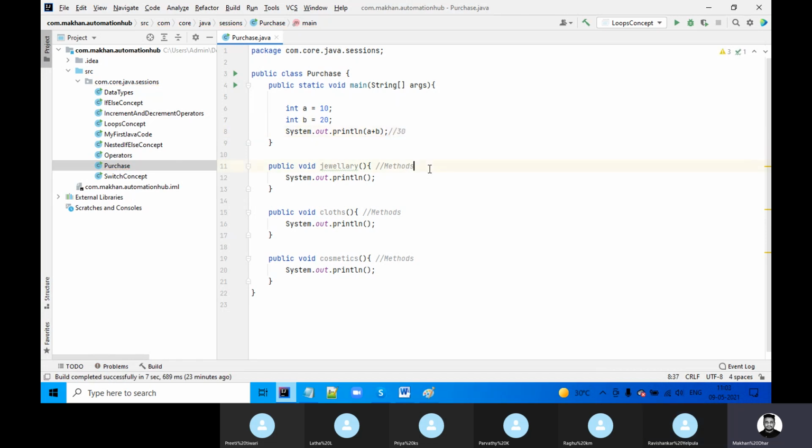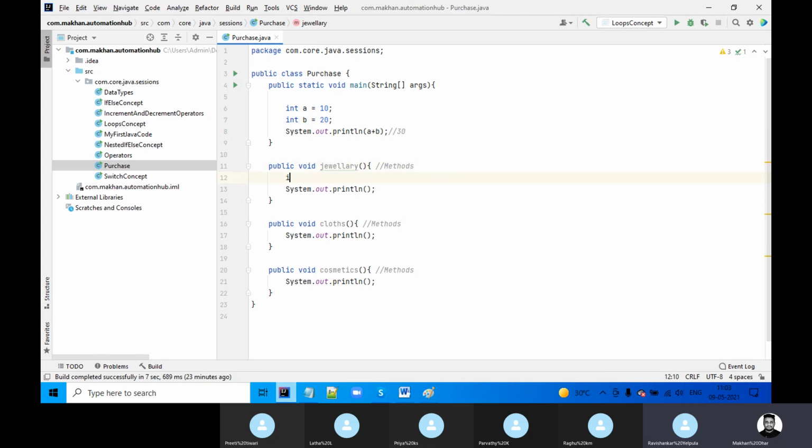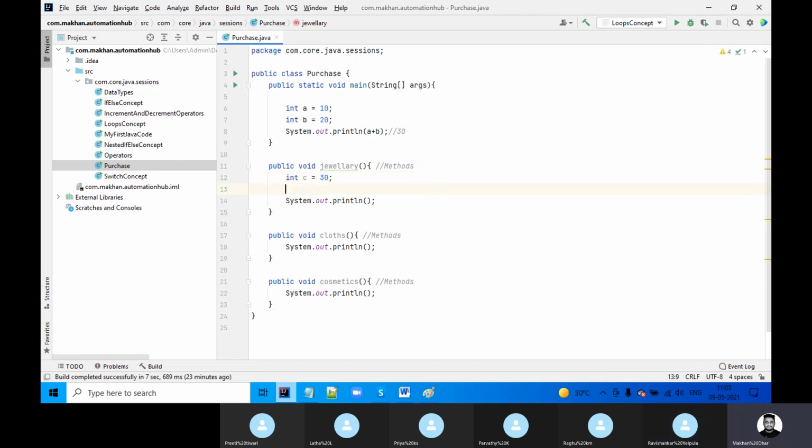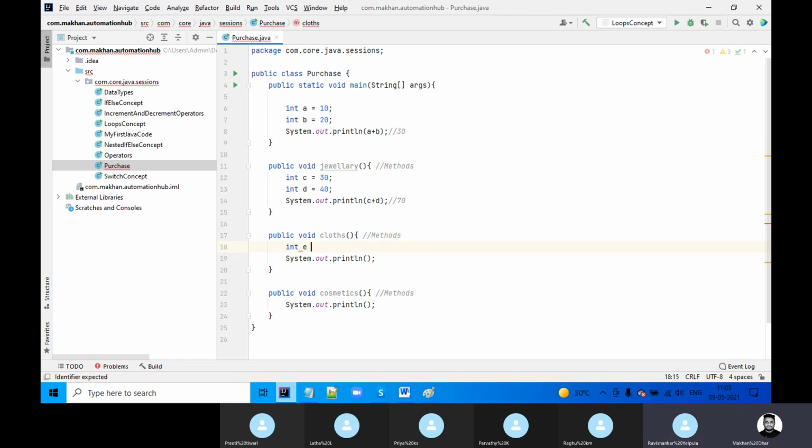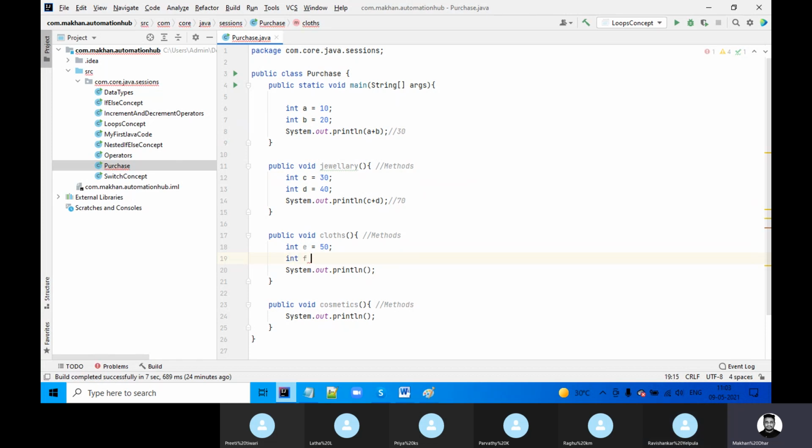Now I want to print more values. Now C, and I'm saying 30. Again D. Just take any example, I'm doing it for your understanding. So C plus D, then what should be the result? 70, right? Now again int E equal to 50, int F equal to 60, for example.